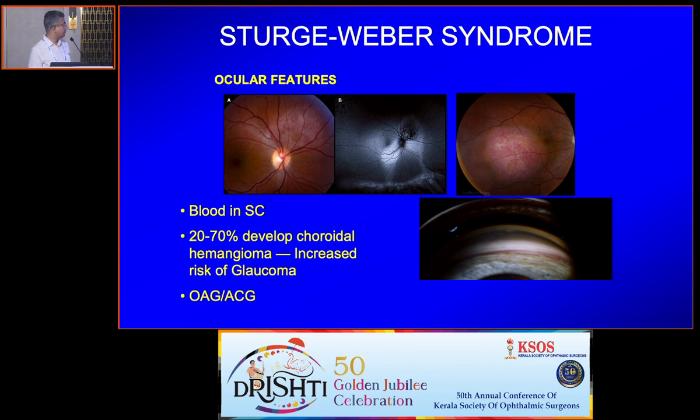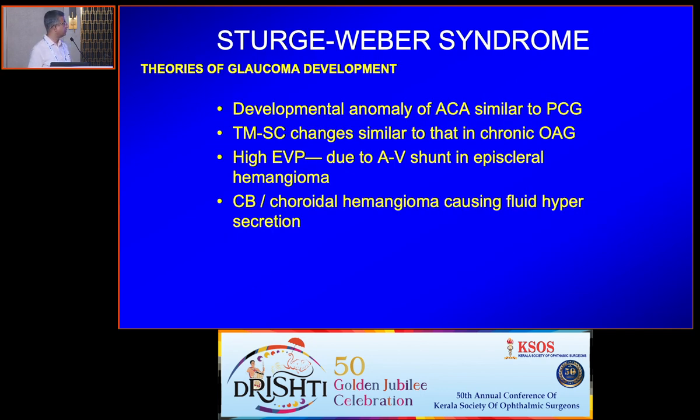This is not my image, but blood in Schlemm's canal is a little difficult to document, because by the time you take them there, you don't always see it. The absence of blood in Schlemm's canal does not necessarily mean that there's no increased episcleral venous pressure. You can see hemangiomas on the fundus, and you need to be careful about that. When you see this in children, they behave very, very similarly to any primary congenital glaucoma. When they're seen in adults, you do get trabecular meshwork changes similar to what is seen in open-angle glaucoma. But most of the issues are because of the raised episcleral venous pressure, which causes